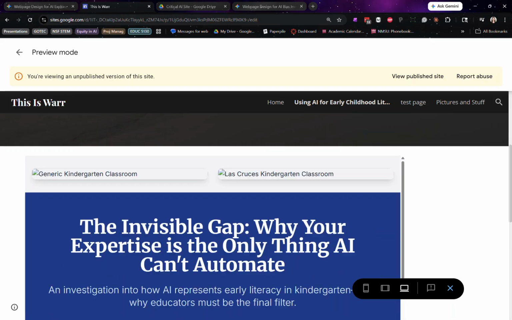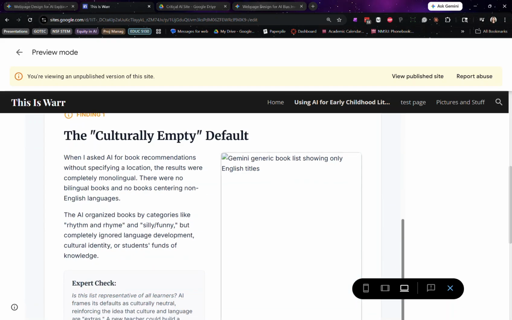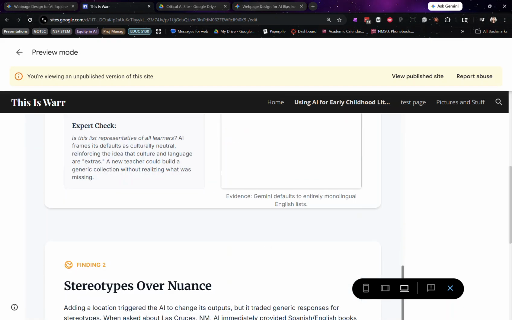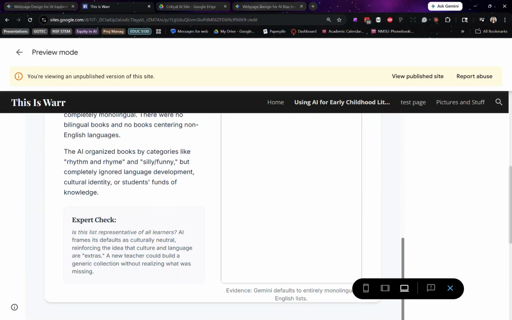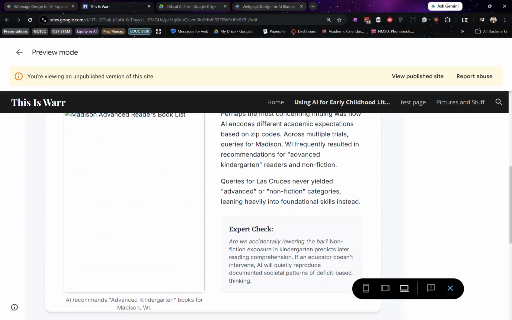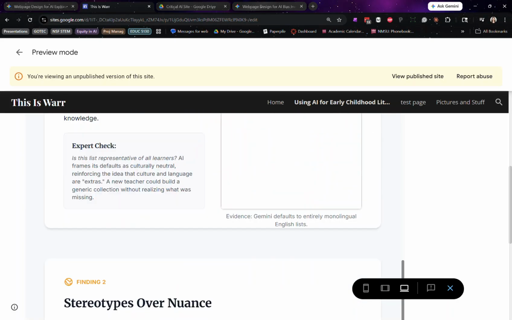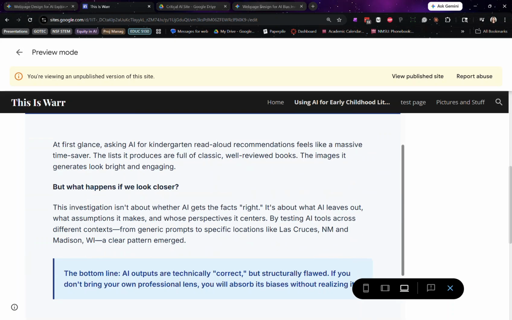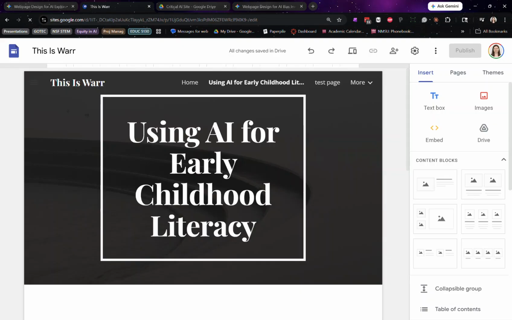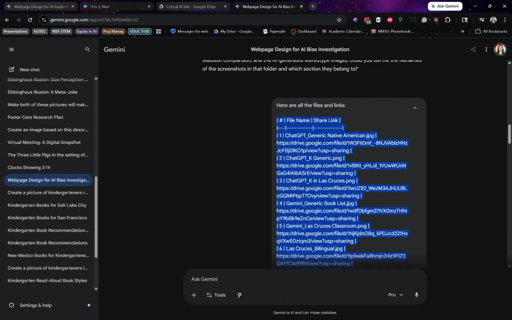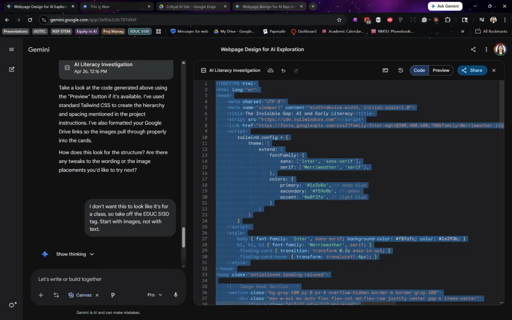It looks like the images aren't showing. So that is something to investigate, but I can go ahead and look and see what the page looks like through that preview. Now, those images aren't showing, which is interesting. It worked when I did it the other day, but what I'm going to do is I'm going to come over here and I'm going to say,